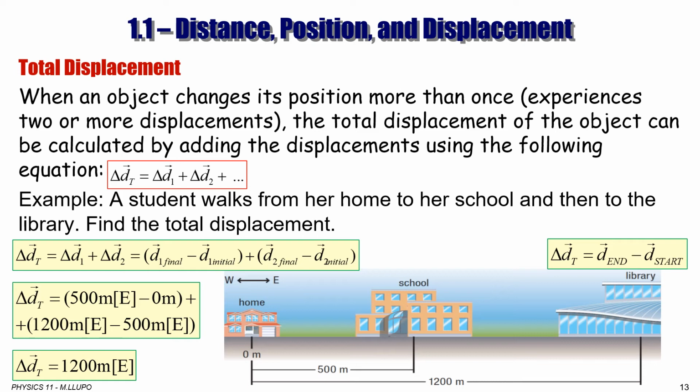That means total displacement for the day is the end position, which is home, minus the start position, which is home. So that's why total displacement for the entire day, starting from home and ending up at home, is